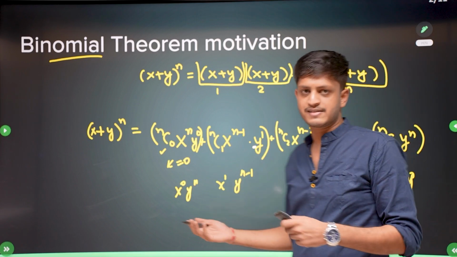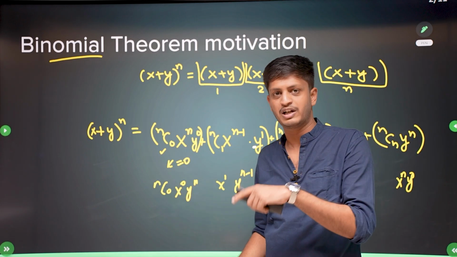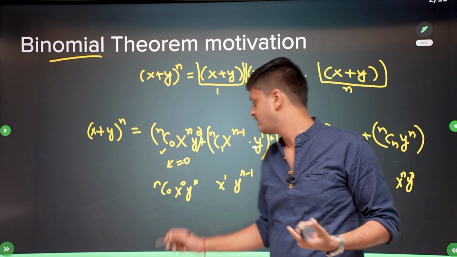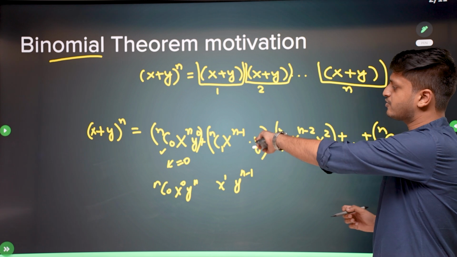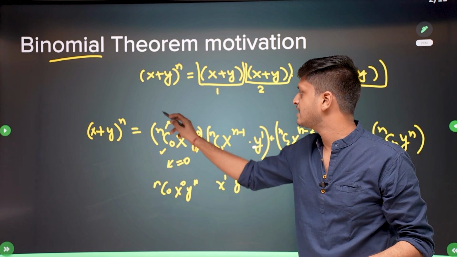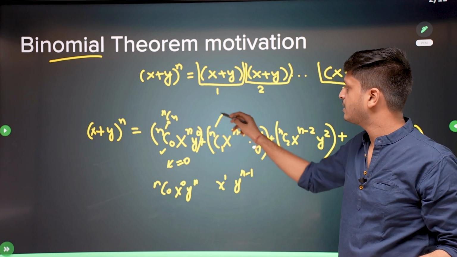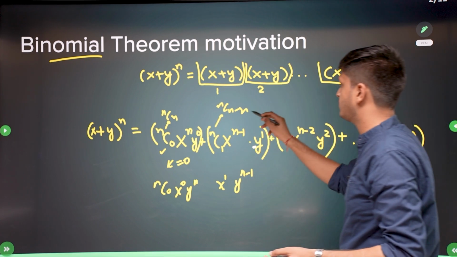You can also choose x's instead of y's, and the coefficient will remain the same. Out of n, choose 0 boxes from which you will take x, and from the remaining you will choose y. And you can also derive this formula from this formula. You can just write nCr as nCn minus r. So this coefficient will become nCn, and this coefficient will become nCn minus 1, and at the end this coefficient will become